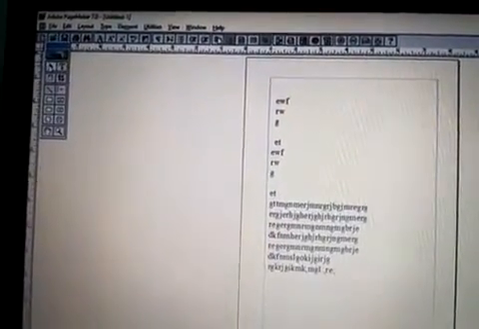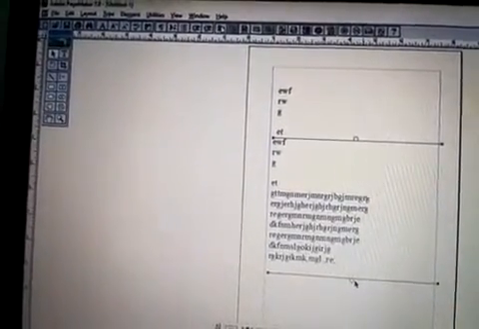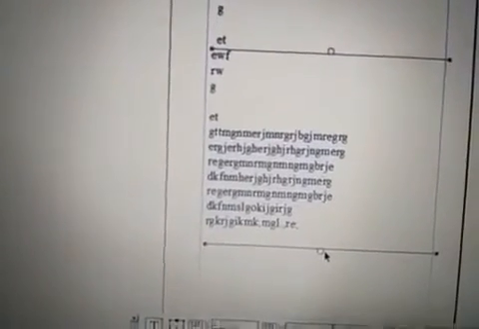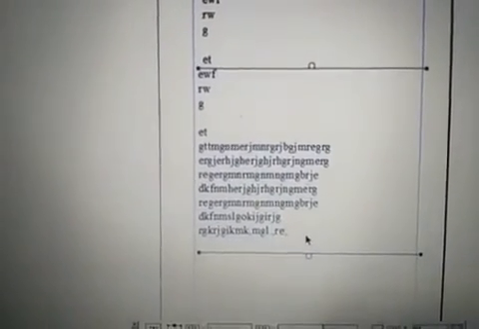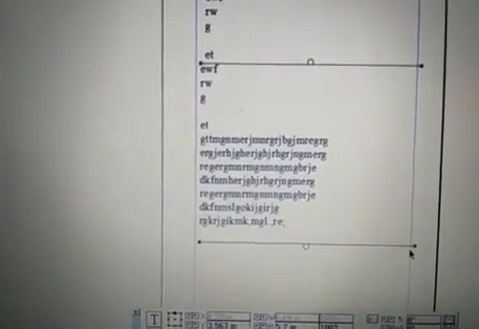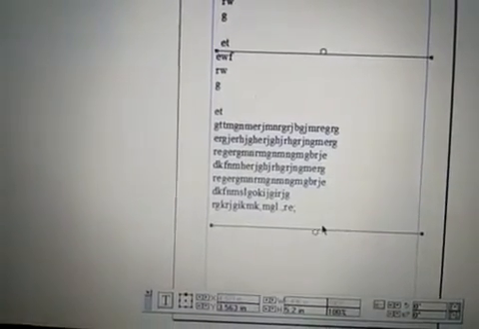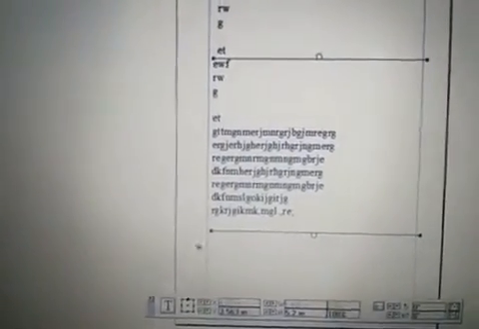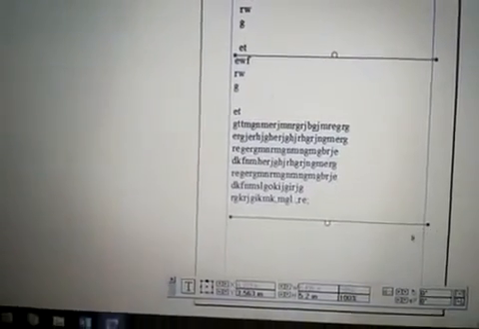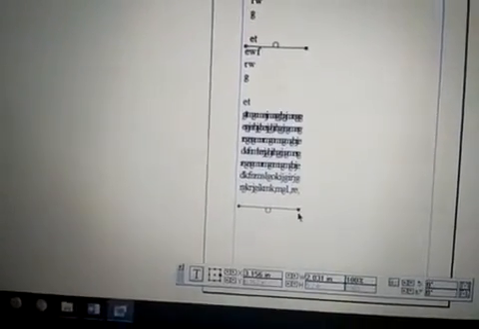Once again, use the pointer tool to select the text block. After selecting the text block, you can see the handles are empty, here also empty and here also. So the entire text is visible, with no remaining text. So how to resize? These two handles are called window shades, and there is a dark square box on both ends of the handle. They are used to change the size of the text block. So by clicking that we can change the size of the text block.